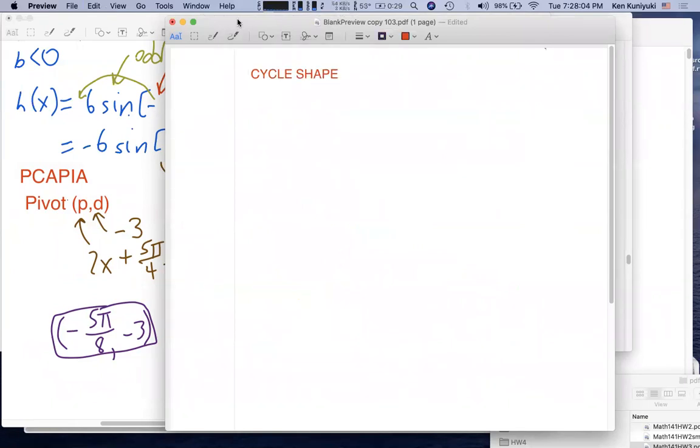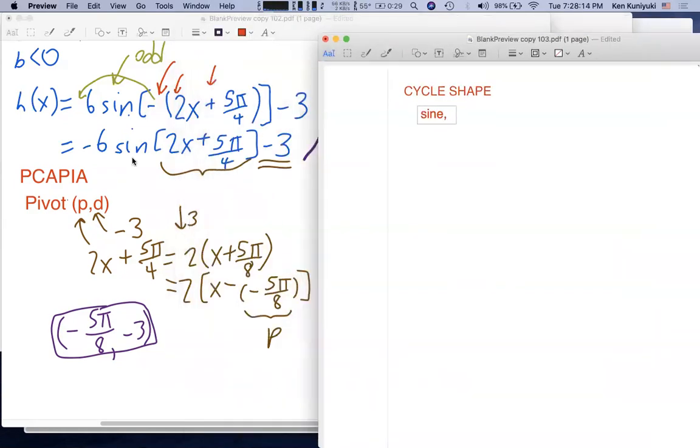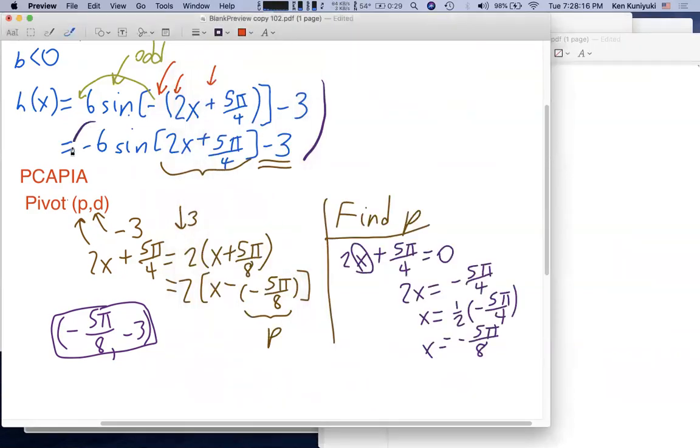All right. So what's going on here? So we have here sine. Now, remember, if B's negative, you've got to take care of that. I'm focusing on this guy here. All right. So for all practical purposes,